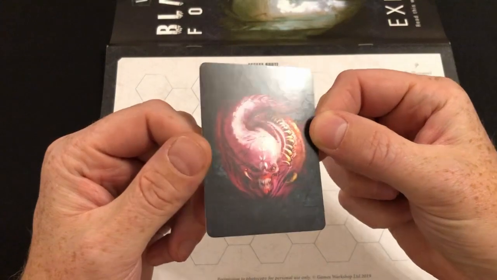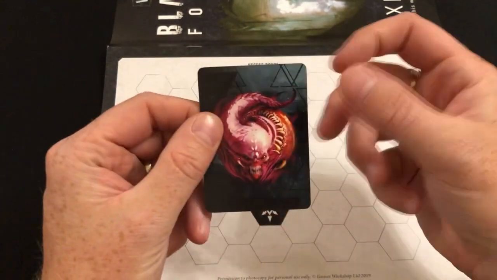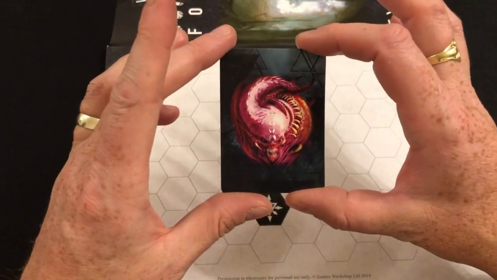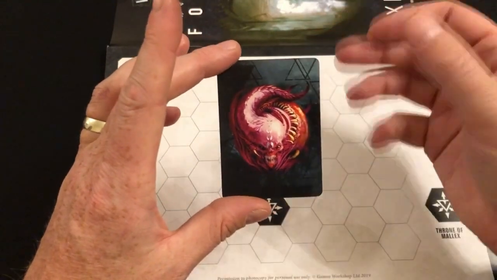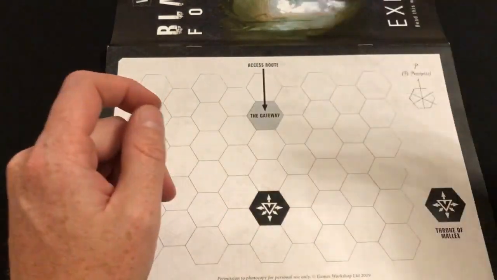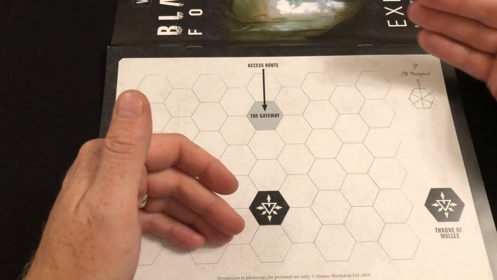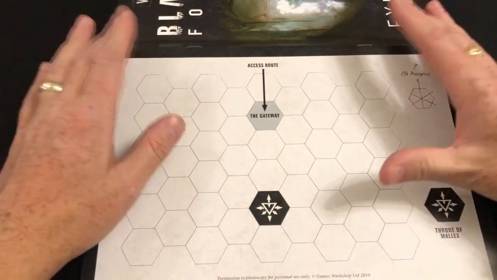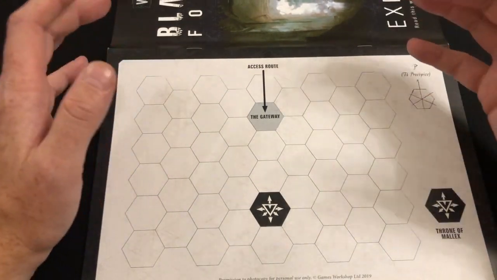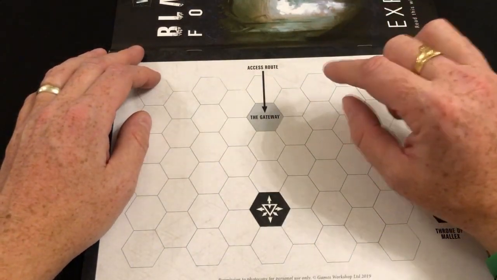a little card like this that matches. And that's just a little reminder of which shrines you have defeated. And every time you defeat a shrine, you return to Precipice. And you then have to start again, going back into this area of the Blackstone Fortress. Now, you may think that sounds really annoying because obviously you go back to the gateway, but there is a